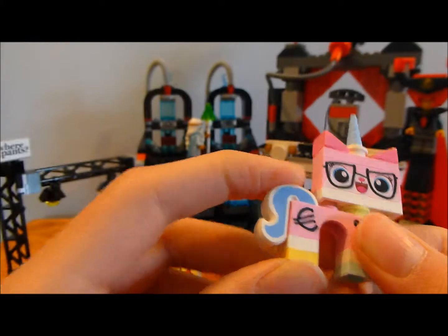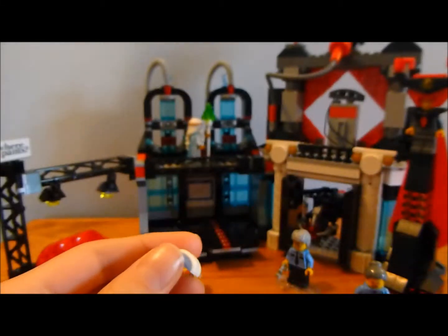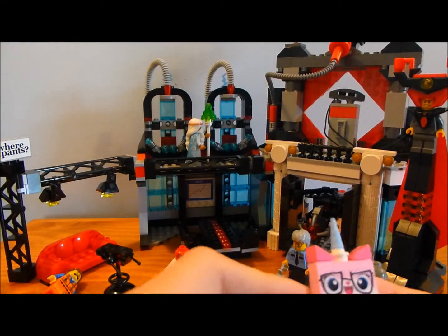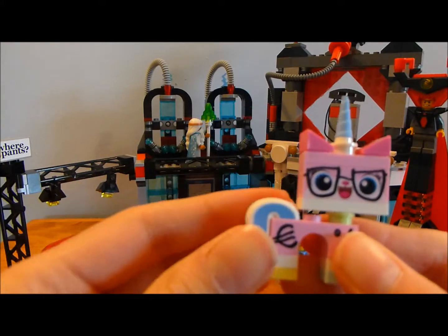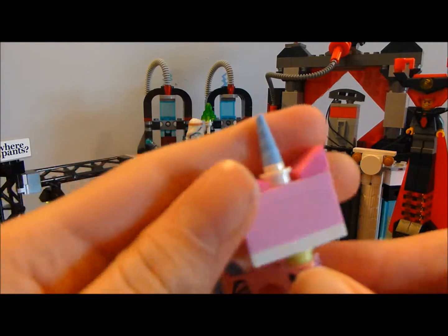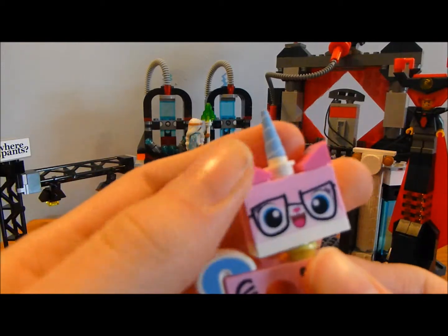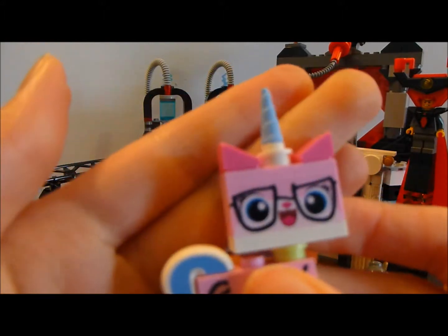But yeah, she does have some cool prints on her. This tail piece is a new piece. It's blue. They're going to have them in green and I think orange or red maybe for Angry Kitty and Queasy Kitty. You see she's got the horn. Nothing on the back of her, like face print, but you can see she's got the scribbled on glasses